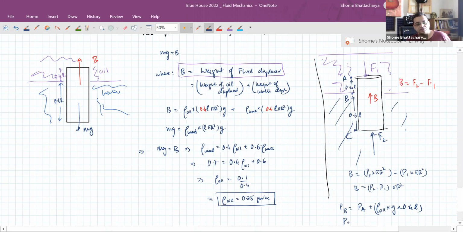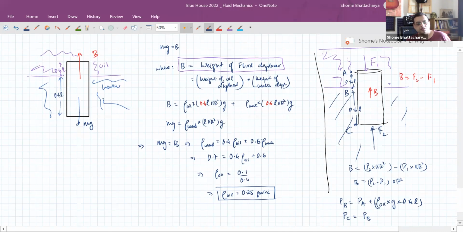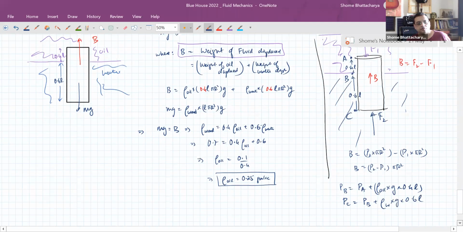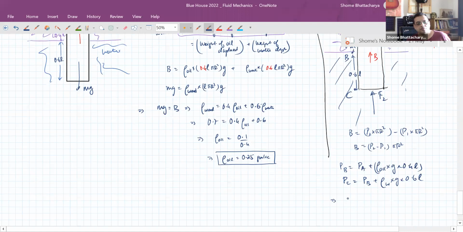And pressure at C is equal to pressure at B plus density of water into g into 0.6 L. If we just add these two equations,